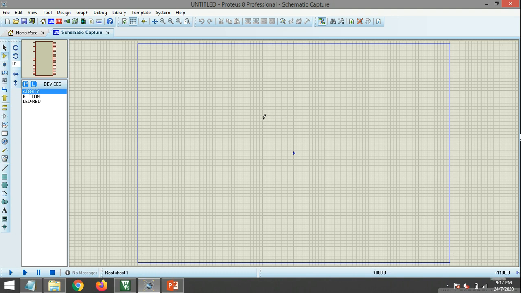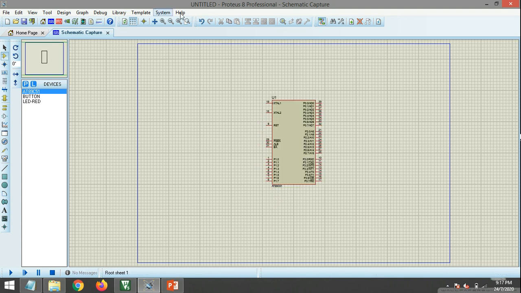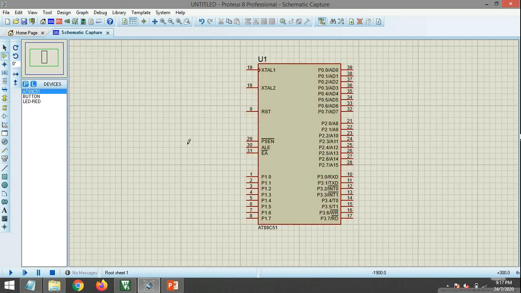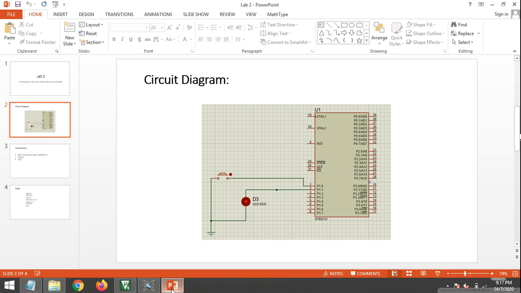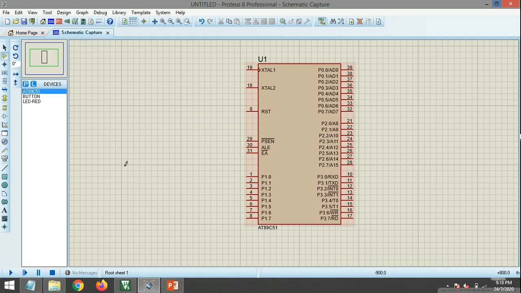So now we'll place our microcontroller here. Let me zoom it a little bit so that it is clearly visible. Okay, let me check the circuit diagram again. Port 1.0 needs to be connected with the switch, so we'll connect the push button with port 1.0 here, and we'll connect our LED with port 1.1, which is our output.